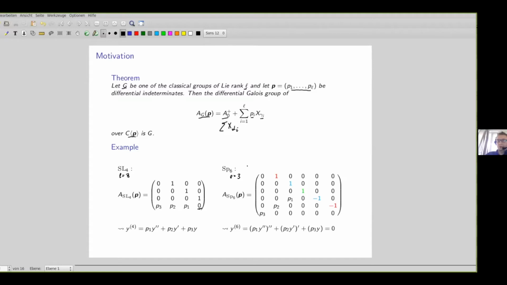Just to make sure we understand the notation. Thank you. Okay, so then these are parameter equations. They define a family of equations, and I'm interested in the question for which Picard-Vessiot extensions are these equations generic? So given any Picard-Vessiot extension with defining matrix, let's say in the Lie algebra of the group, is there a specialization of my parameters such that the specialized equation defines this extension?